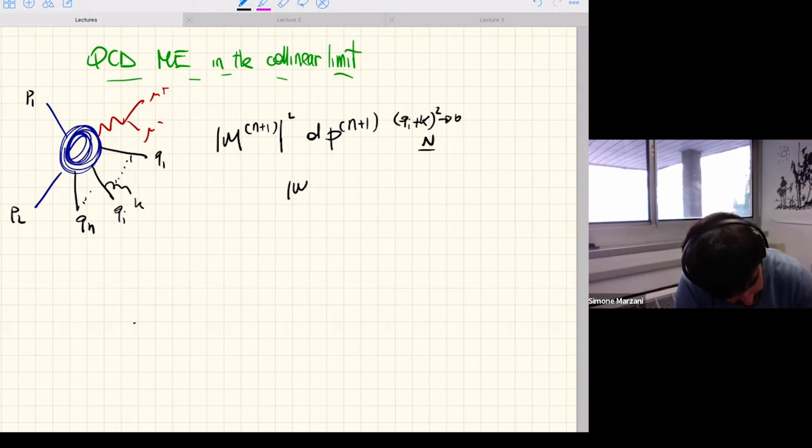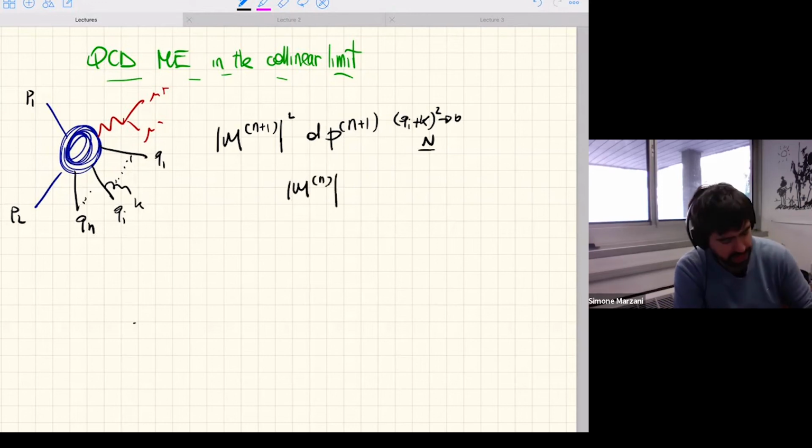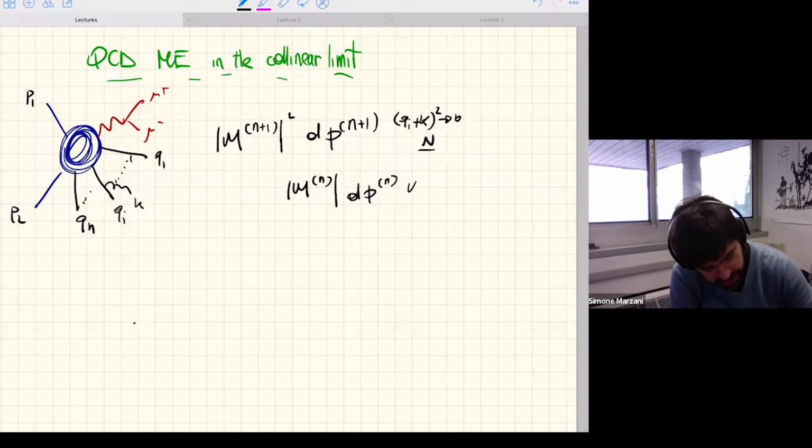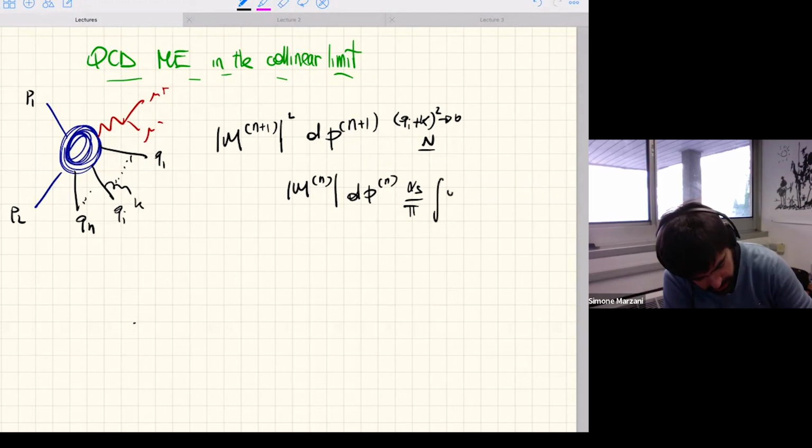The matrix element squared factorizes into the matrix element for n partons with its phase space, times alpha s over pi, and then the phase space for the emission in the collinear limit, theta square,